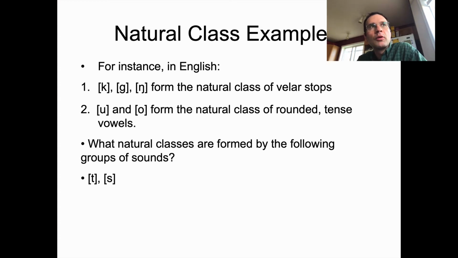One way to walk into it that would hopefully show you the pattern is to just describe these sounds according to their phonetic features, as a way to start identifying which features might be relevant. So t, and usually the easiest way to describe these phonetically is to say, what's its voicing? T is voiceless. What's its place of articulation for a consonant? It's alveolar. And then what's its manner of articulation? A t is a stop. So voiceless alveolar stop. We can do the same thing for s. It's a voiceless alveolar fricative.